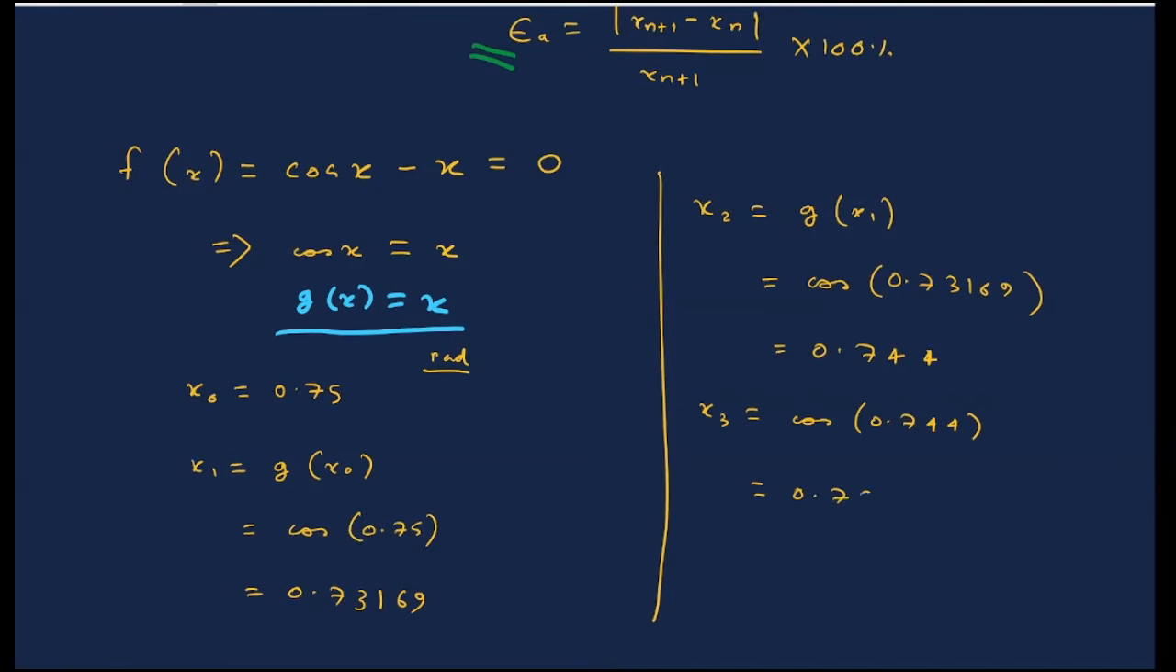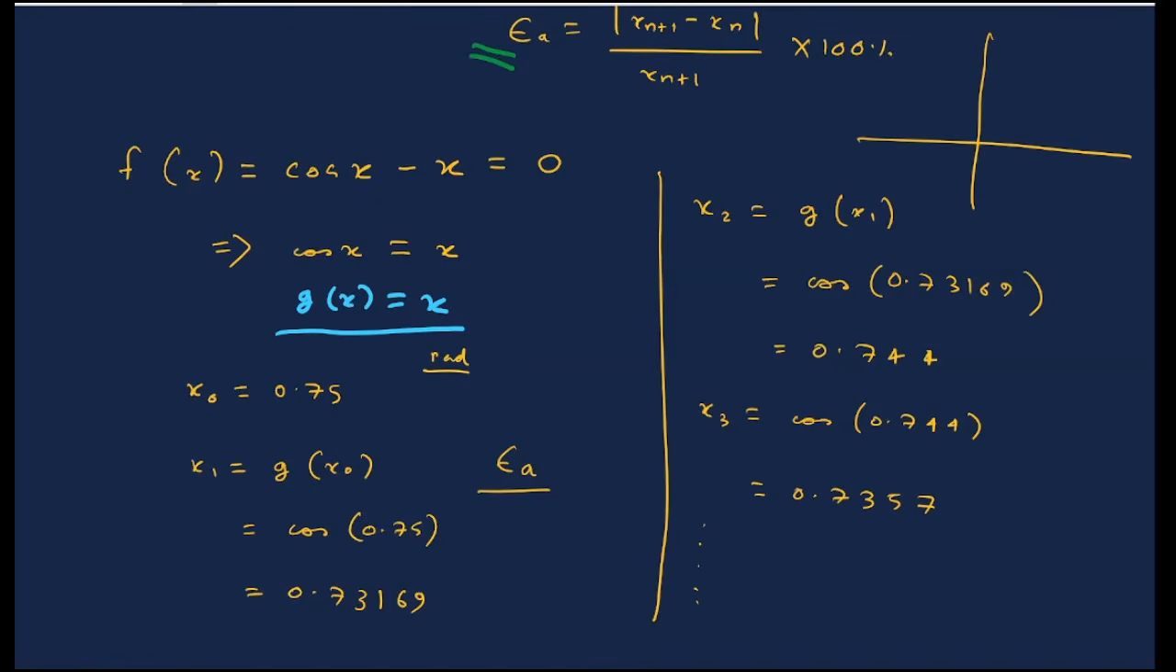We get again 0.7357. So in this way, we can run our iteration again and again, and at each iteration, we can find the value of error or error percentage, and we can check whether the error percentage is decreasing after each iteration or not. If it is decreasing, that means we are converging towards that fixed point where